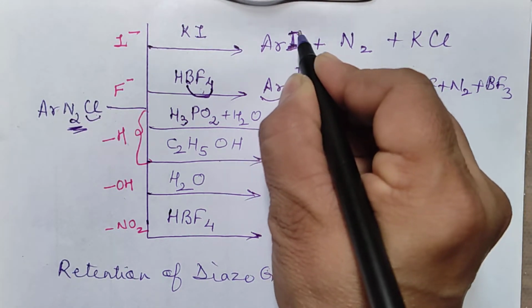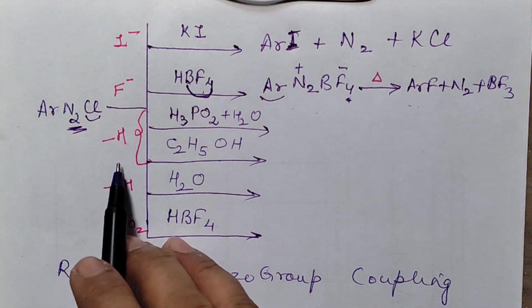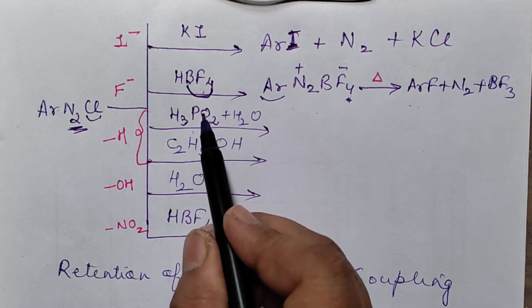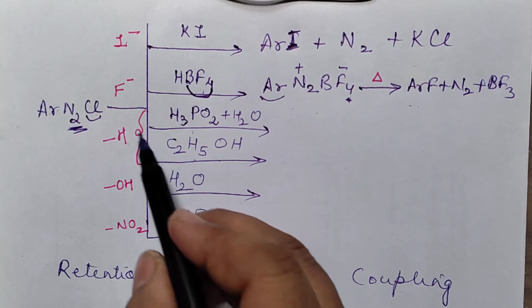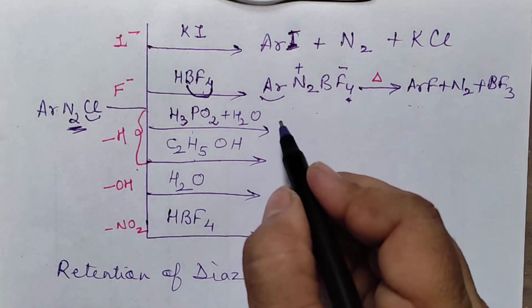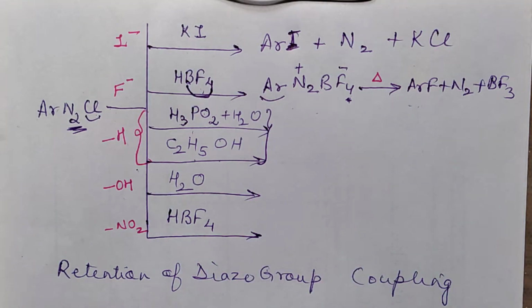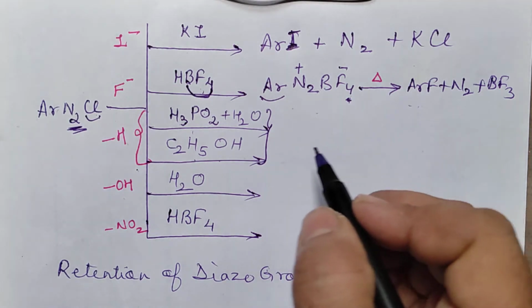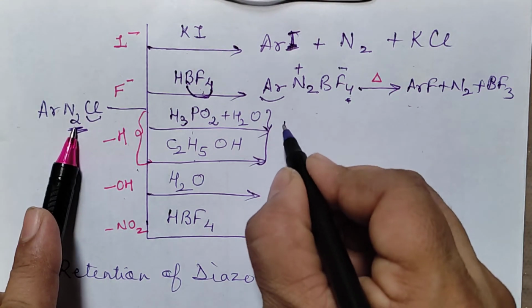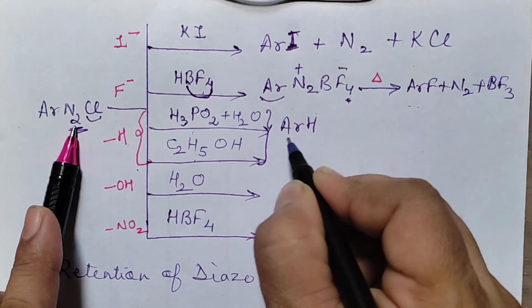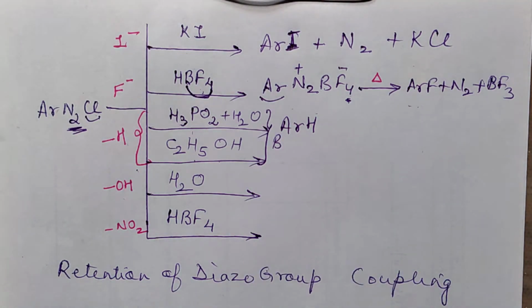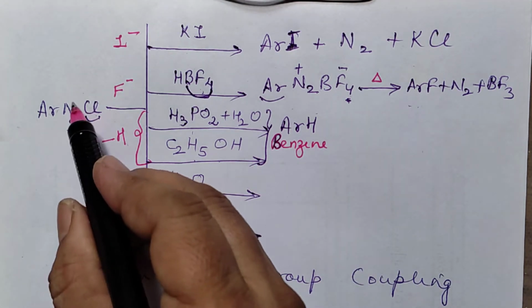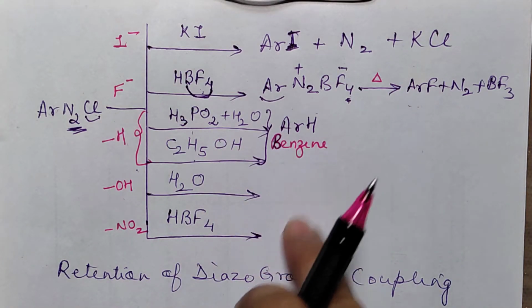Okay. Right. Now, the next one. This is hypophosphorus acid. Hypophosphorus acid. And this is alcohol. I have written H for both. Why? Because both these will form a similar product. What basically you are getting is the same, but the side products will be different. This whole part will be replaced by H. So what are you getting here? ArH. ArH is nothing but benzene. Let me write with the other color. You will get benzene. This is benzene. If you want this whole thing to go away and you want to get benzene, you can use it.